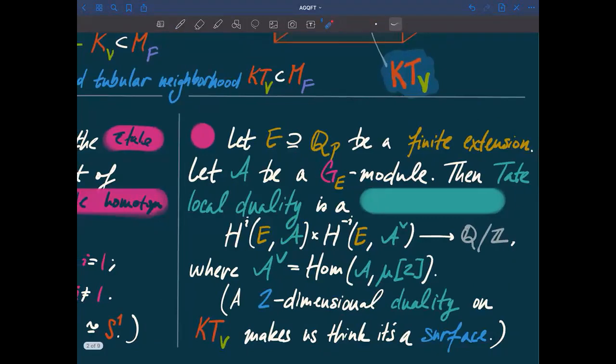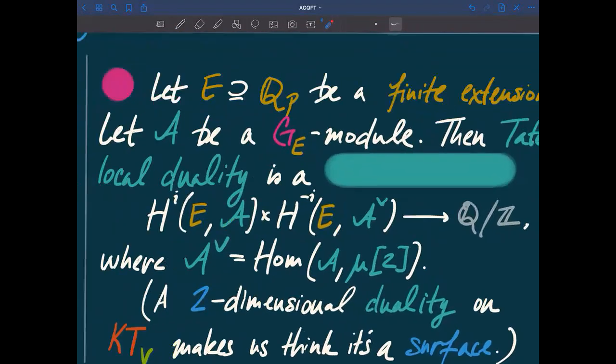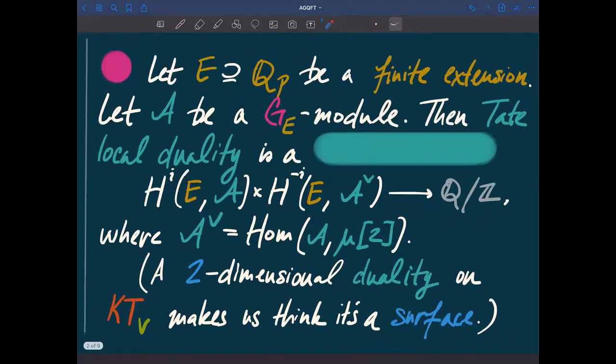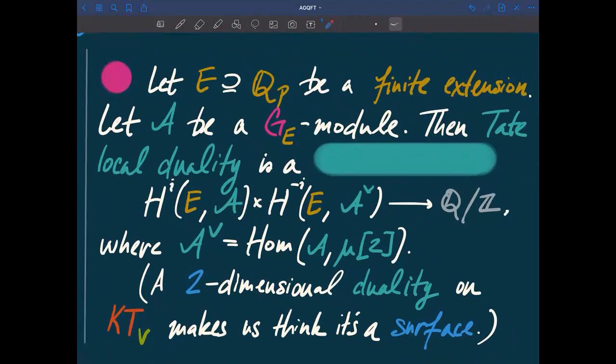Okay, so let's thicken it up and then remove it. So we'll look at the deleted tubular neighborhood of that knot. And what happens? Well, that corresponds to taking this sort of completion. So this is going to be, for example, maybe a finite extension of Q_p. More generally, what I'm going to say now applies to any non-Archimedean local field. And so if we have such a thing, E, and if we have a G_E-module A, a Galois module, where G_E is the absolute Galois group of E, then Tate local duality is a perfect pairing